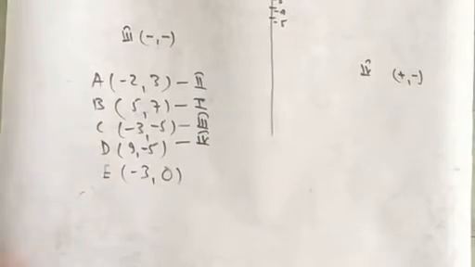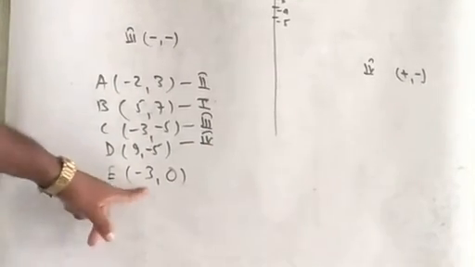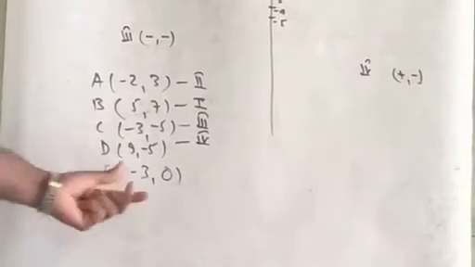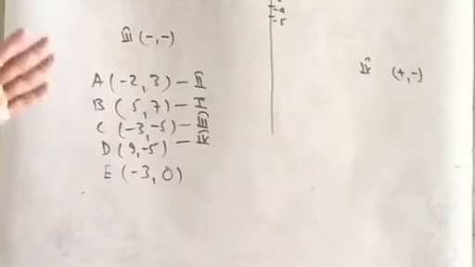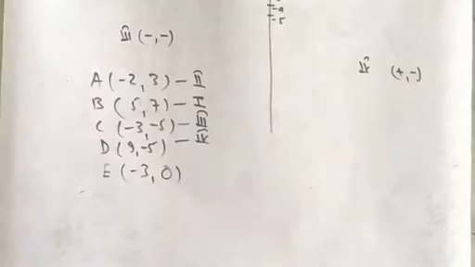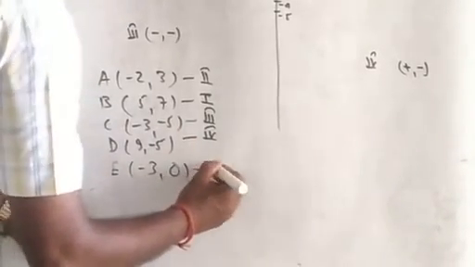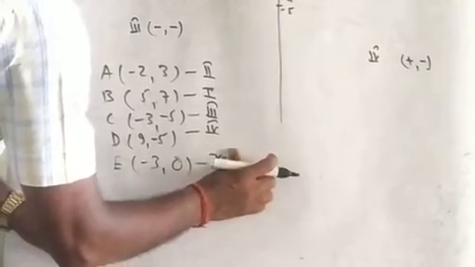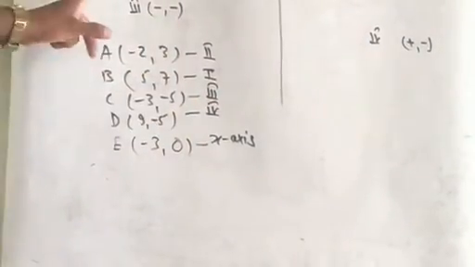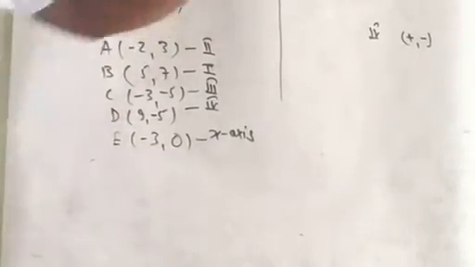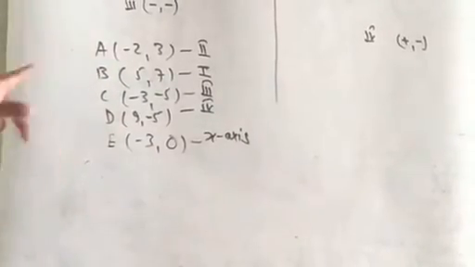Now you see this one. In this question, the coordinates of point E are written as minus 3 comma 0. Then so many students get confused, saying, sir, this lies in the second quadrant. No, don't reply like this. Here the ordinate value is 0. This lies on the x-axis. This point doesn't lie in the first, second or fourth quadrant. This point lies on the x-axis. In this way we reply which point lies in which quadrant. Clear? That is the first type of question.